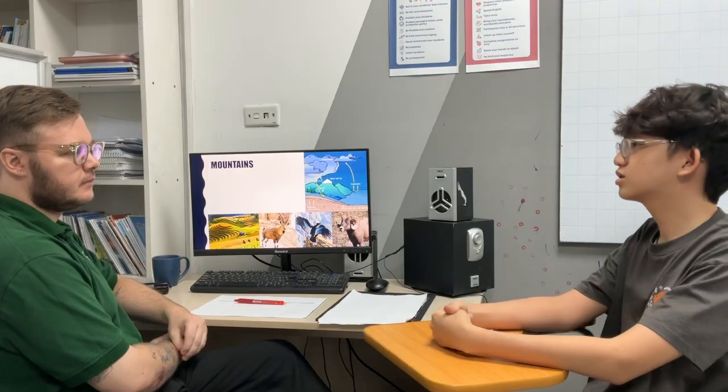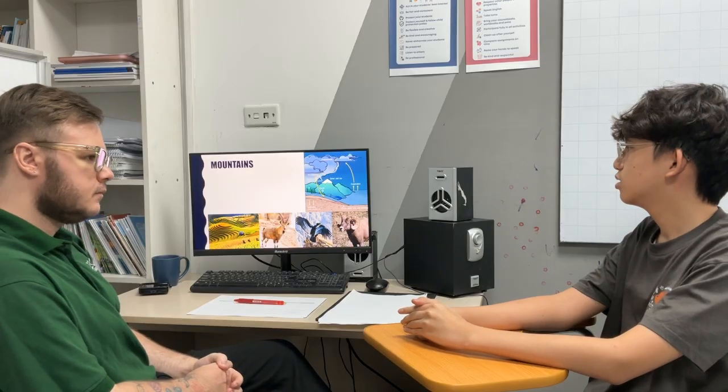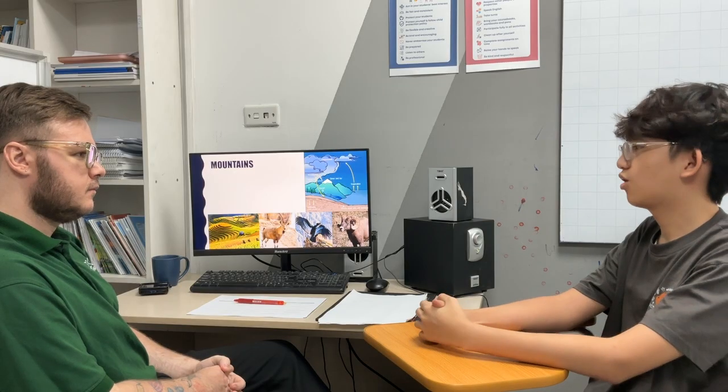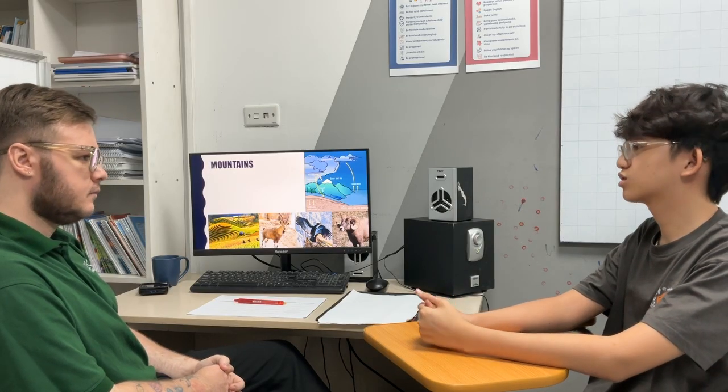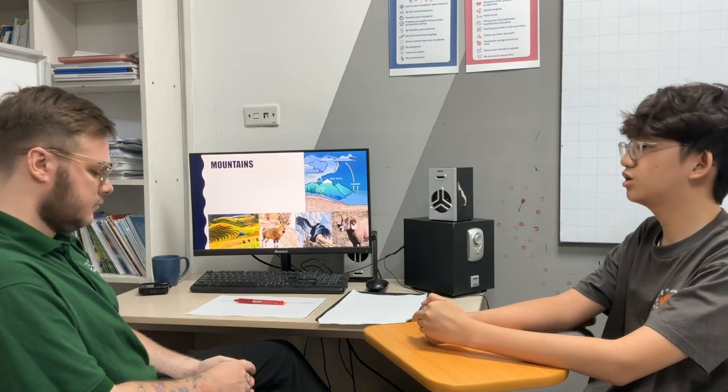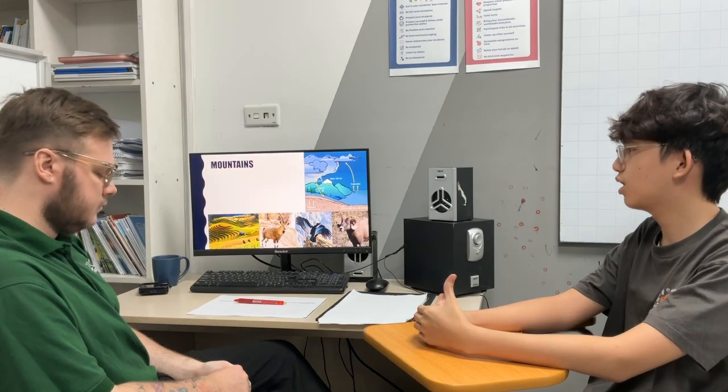Why are mountains important? So first of all, mountains help grow crops because of their rich soil and nutrients. Many farmers utilize mountains to grow wheat and potatoes. Secondly, mountains help as habitat to many animals that only live in the mountains, such as the mountain goat, the snow leopard, etc. And lastly, they are really good at storing water.